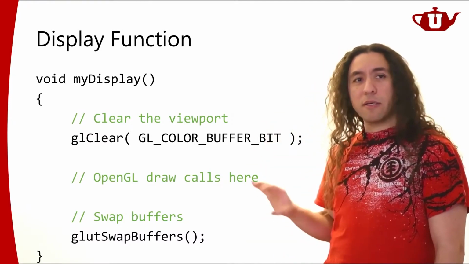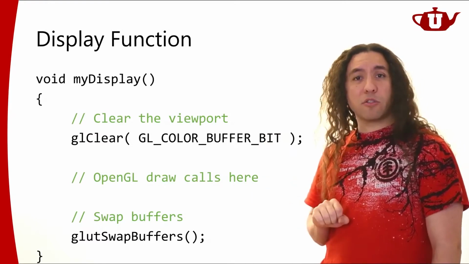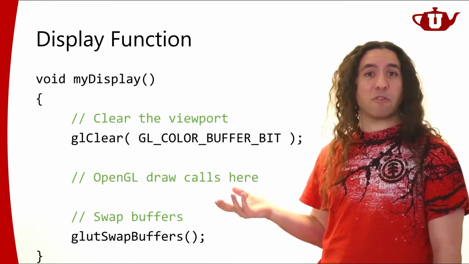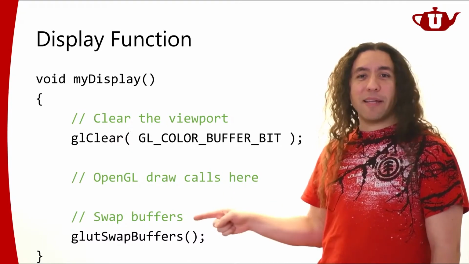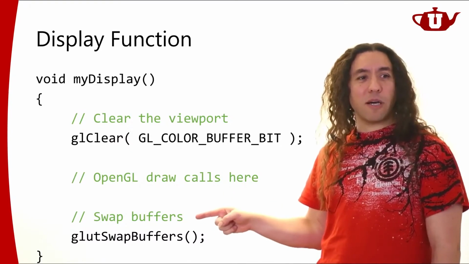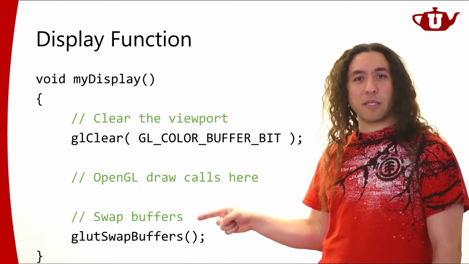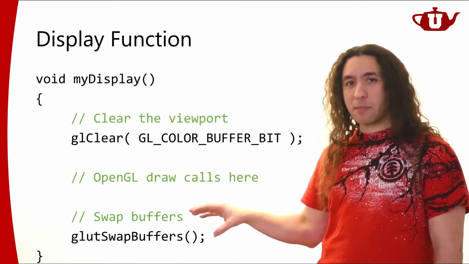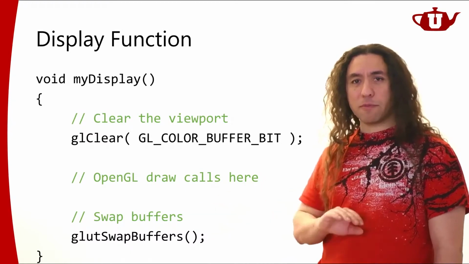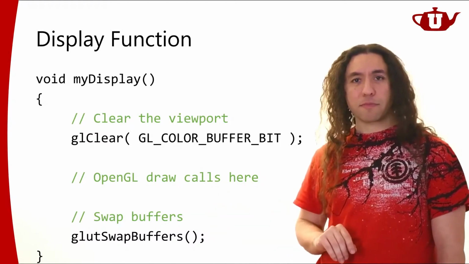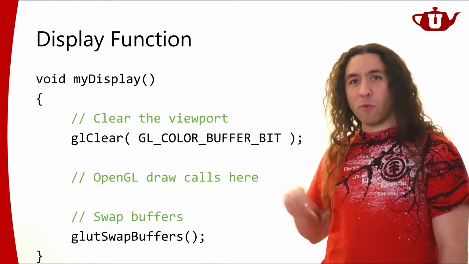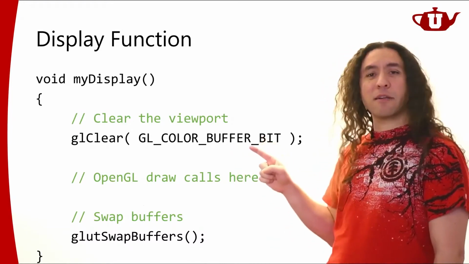After we clear it, we are going to be drawing some things on it with OpenGL. We're going to be drawing probably a bunch of triangles. And then we're going to tell GLUT that we're done drawing. This image is ready. We're done. Okay? I'll tell more about this, but this basically signifies that we're done rendering the image. Right. But let's talk about this just a little bit more. Okay, this is clearing the color bit.